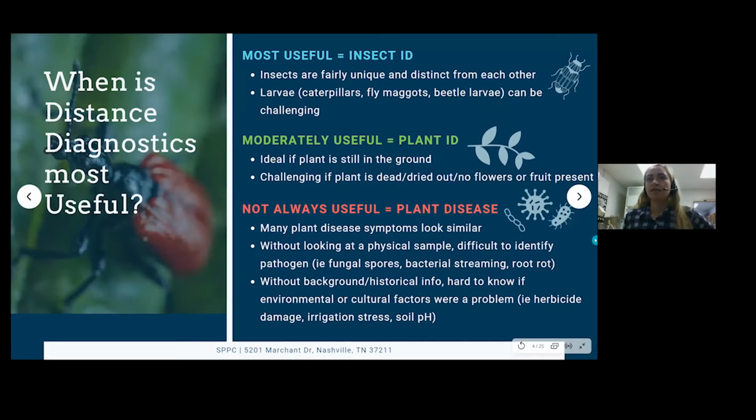So distance diagnosis is useful most of the time, but sometimes it's not always useful. So it's most useful for insect ID because insects are fairly distinct from each other. It can be more challenging when insects are in their immature stage. So things like caterpillars, fly maggots, beetle larvae, identifying those to species sometimes can be hard